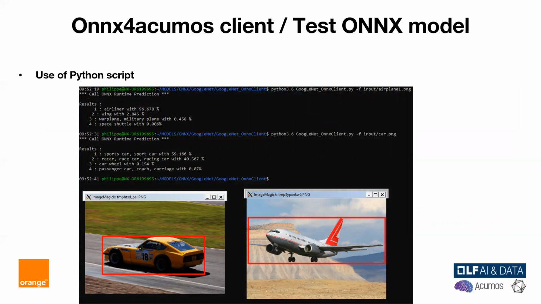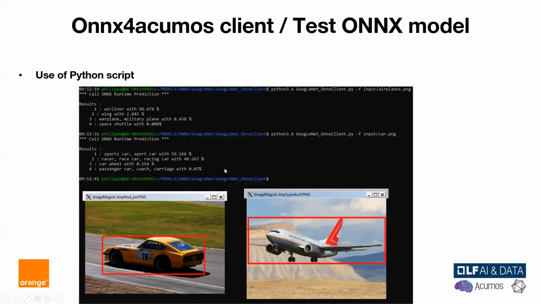The Python script provided by ONNX for Acumos is in fact a skeleton script that must be filled with pre- and post-processing data methods. You can find examples of these methods on the ONNX model zoo in GitHub. I will not go deeply into the description of this Python script. Everything is explained on the ONNX for Acumos PyPI web page.